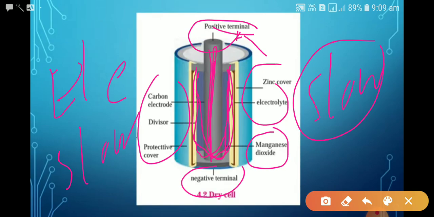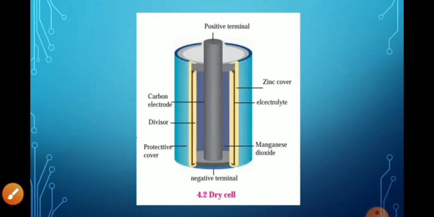Compared to an electric cell using liquids, the shelf life of a dry cell is longer. If the electrolyte is a liquid, then it will not work for as long. Dry cells are very convenient to use, as they can be held in any direction with respect to the ground and can be used in mobile instruments. You can keep them anywhere, in any direction.